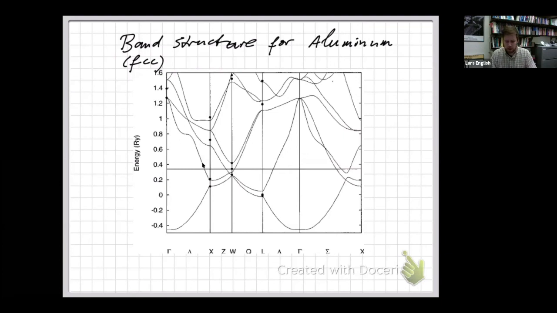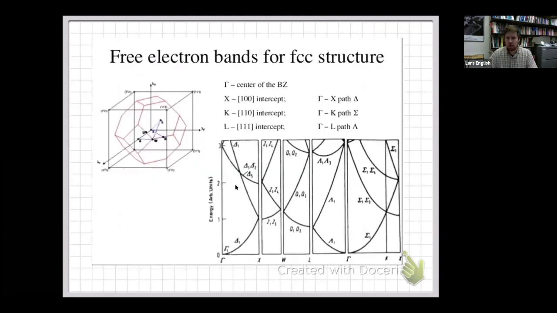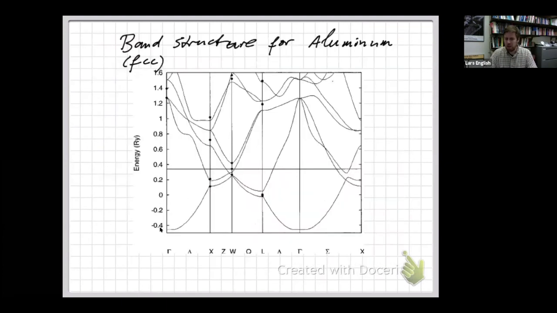So I'm going to go back. Take a look at this diagram down here. Here's the parabola, and then it continues. Here's a big parabola here. Take a look at that, and then take a look at this. So here and then here. There are some distortions and some gaps that have opened up and so on. So this is clearly not free electron, but there is an